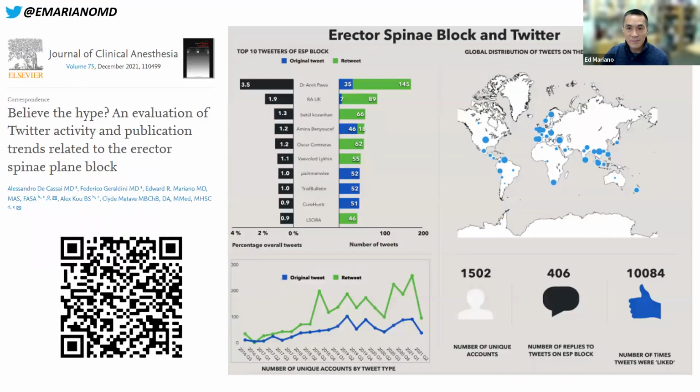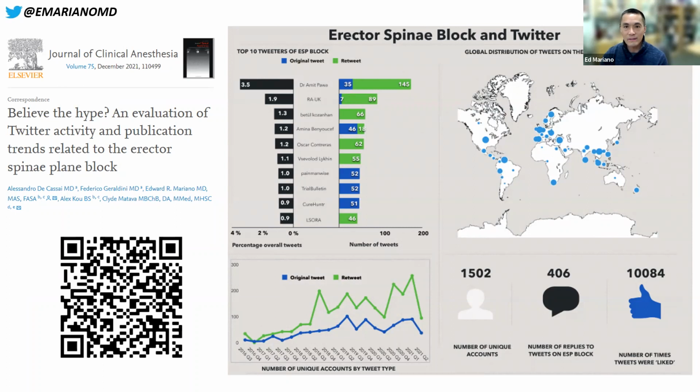Not to say that it's the same thing, but I think we have seen the effect of social media hype in regional anesthesia, and erector spinae plain block is one example. Not to say that it's all hype, because we also recognize that this is a useful technique that has particular indications. But initially, there was a lot of social media activity on erector spinae plain block, and this really preceded much of what we now call well-regarded level 1 evidence,